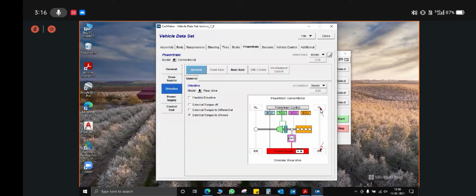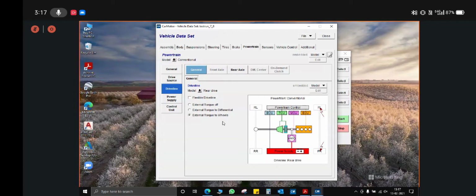This you have considered for your initial design, and you have to optimize the torque value that you want. So you can use this external torque at wheels for that particular thing. But at the end, when you pinpoint or finalize your torque value and design your powertrain accordingly, then you have to put your external torque as off.